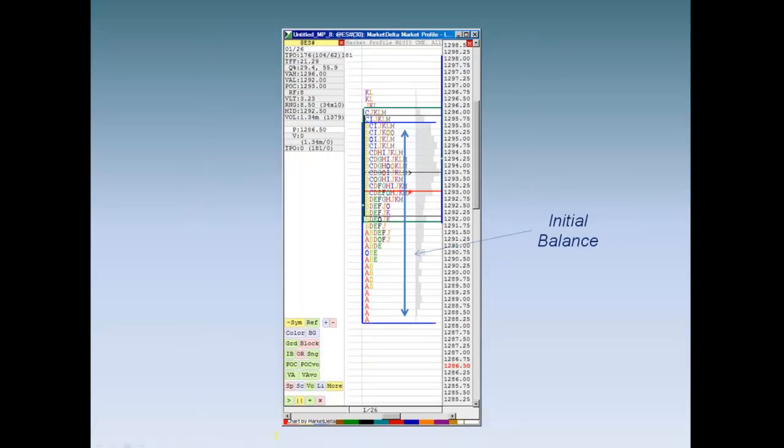All right, let's take another look at another example, and this is more typical of what you're likely to see during the day. You're not going to see, as I mentioned, an example that's going to be as obvious as the one we just looked at, but it's going to be more subtle. So take a look at this one. This is more in tune with what you are likely to see happen more frequently in the market. You're going to get an A period followed by a B period,